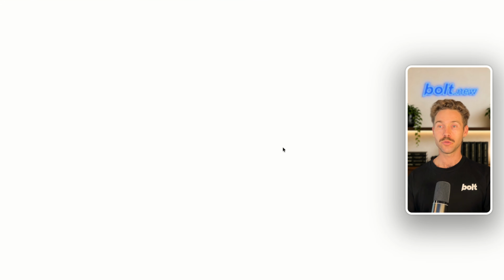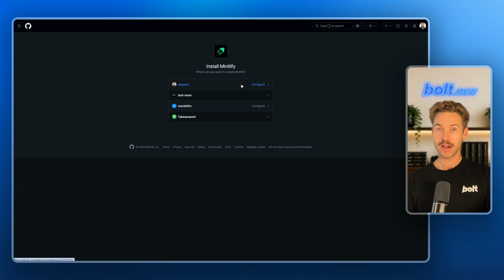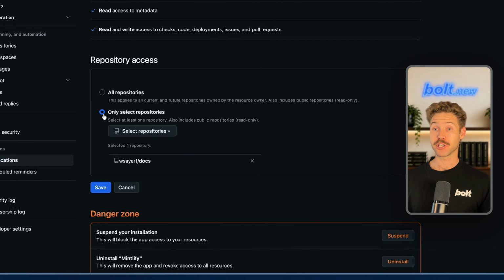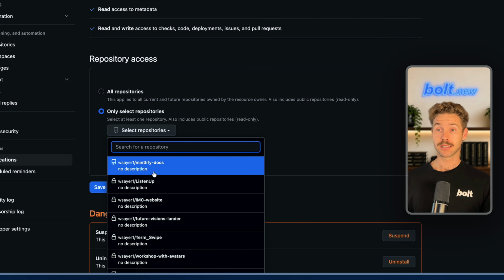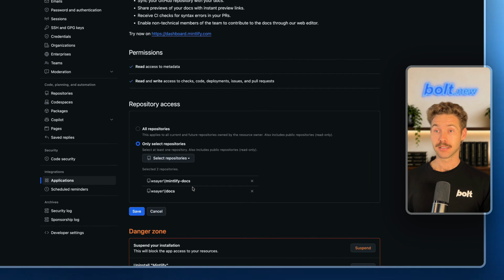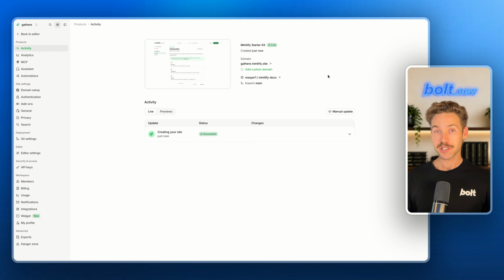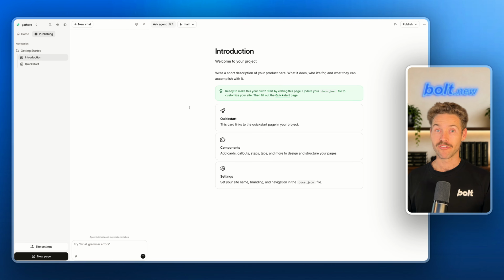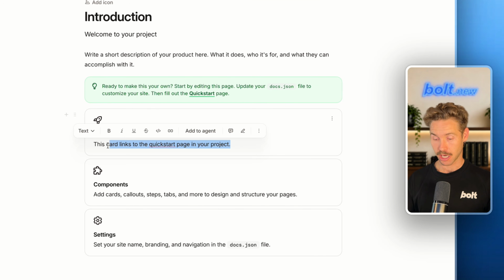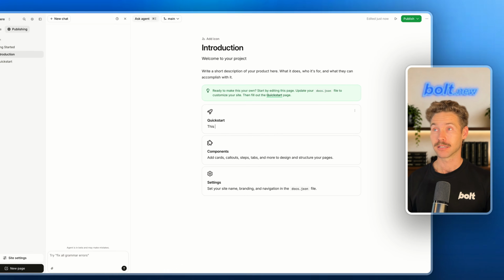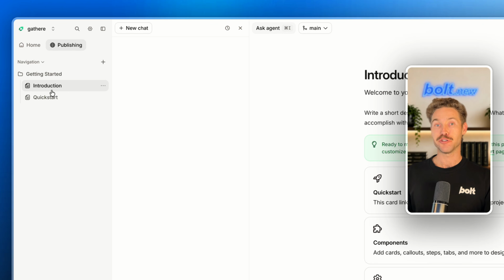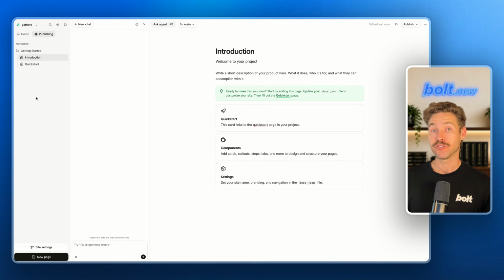Let's authorize Mintlify and we'll create a new repository. Next, we'll install into the GitHub app. Select our profile. Instead of all repositories, I'm going to change to only selected repositories. Select the one it's just created and click Save. That brings us back to setup, and now let's click Create Site. And just like that, the very first version of our documentation site has been created. And now clicking back to editor reveals a what you see is what you get editor, and we can manually adjust this documentation if we'd like. Here you can add new sections and new pages, but I'm going to show you the beauty of using an